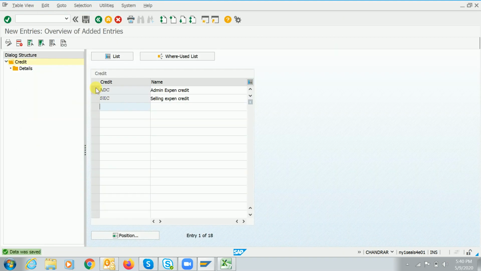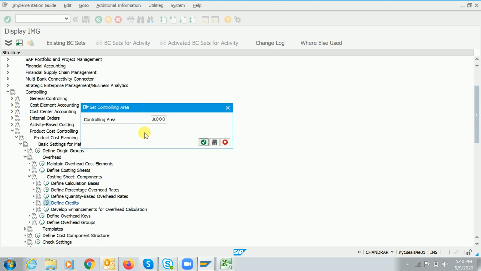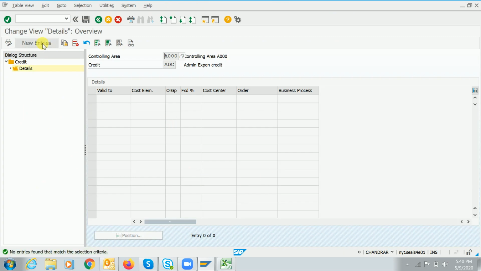Now select the admin and go inside. Here you have to enter your controlling area and click on the new entries, guys.